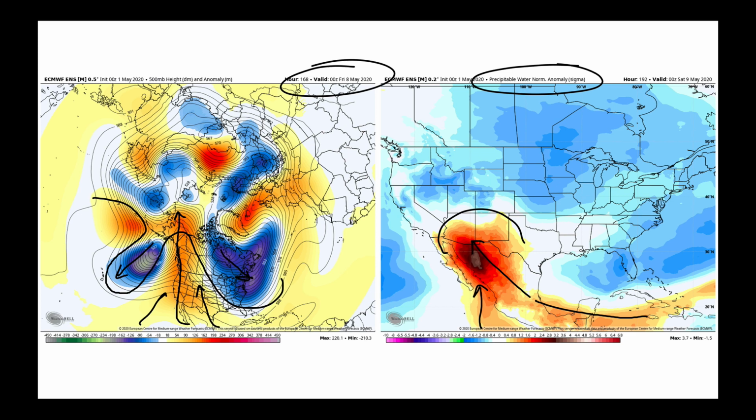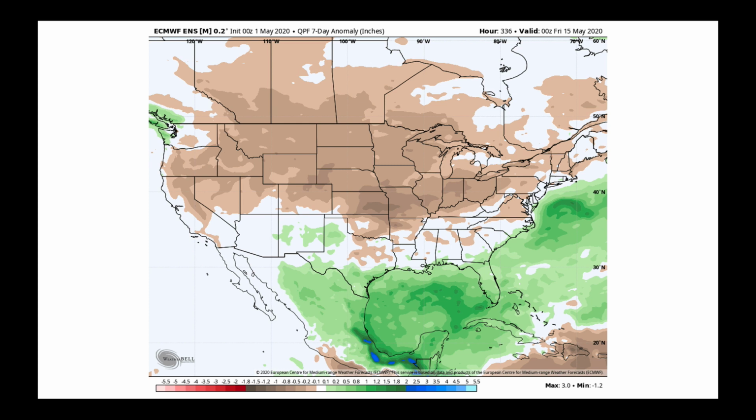Now, I would normally see something like this in the heart of summer, but the flow pattern is getting so amplified right now, we might be able to bring that in, which could increase our precipitation chances into week 2. Now, that would only be down here, and you can start to see that, right? See the moist axis kind of possibly increasing precipitation amounts, or at least making them near normal for parts of Arizona, New Mexico, and maybe parts of Southern California. But outside of this area, drier than average conditions, I think, persist as we work our way from May